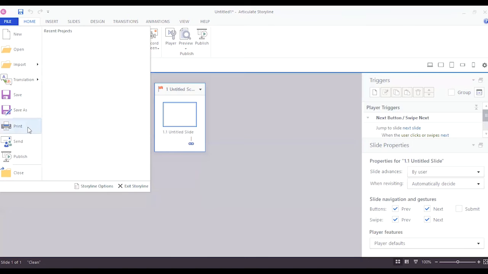And then we have the option to print the course. For example, when you have created one module of your course and you want to share it with your team members, your stakeholders, your subject matter experts, you can always print it out and have a very handy piece of information that is ready to be shown to your team members as well.